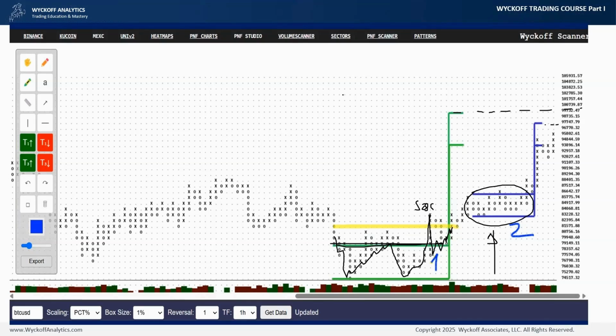So Wyckoff used to say, once the target of a point and figure chart is being fulfilled, stop, look, and listen. Does it mean that we have to fall down to support? No, absolutely not. The overall idea that Wyckoff was describing with this term is that we are going to find at least deterioration of demand or supply coming in. So this is the moment where you are raising your stop losses, or you can take 30% of the gains